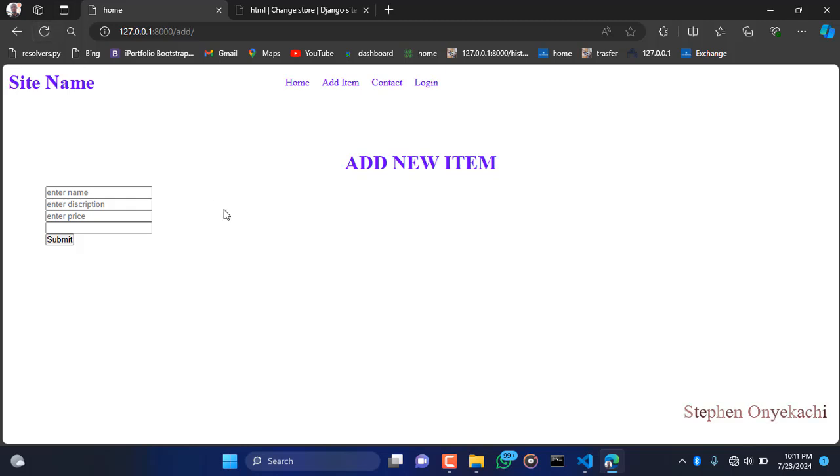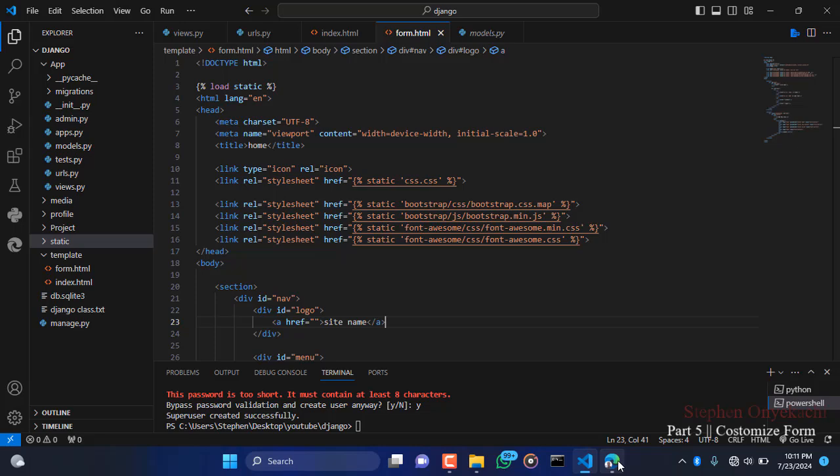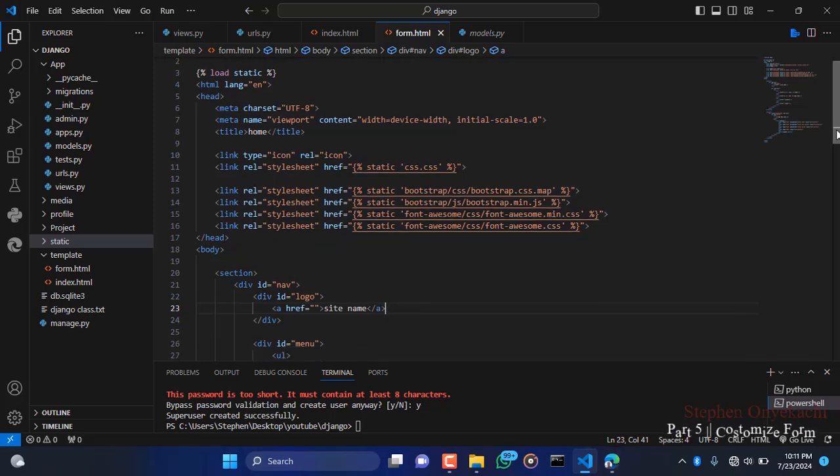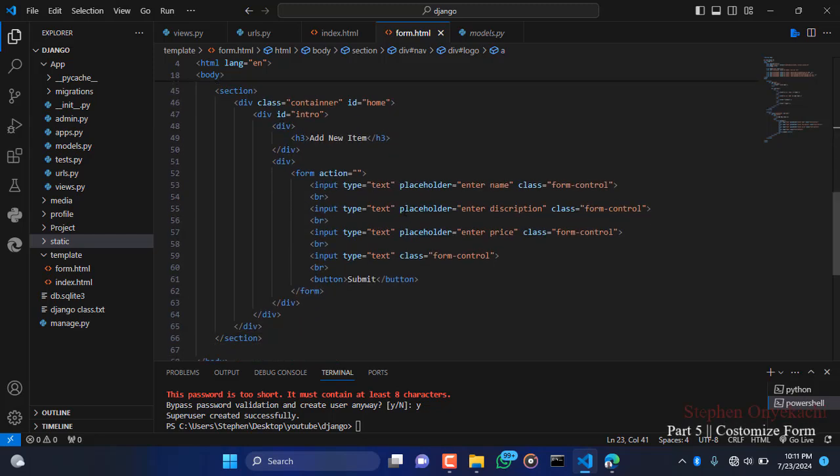Okay, still it is not working. Well, that's a minor issue. This will not delay us in our tutorial because it is not part of what we are treating right now. So let's continue. Another thing, in this form, we need to consider what to do when you're submitting information